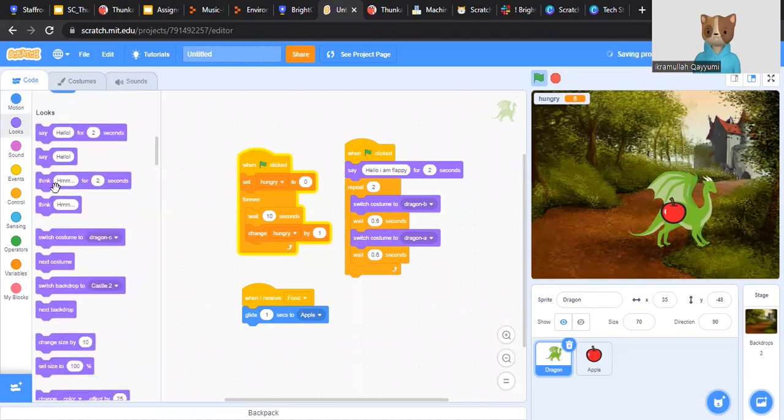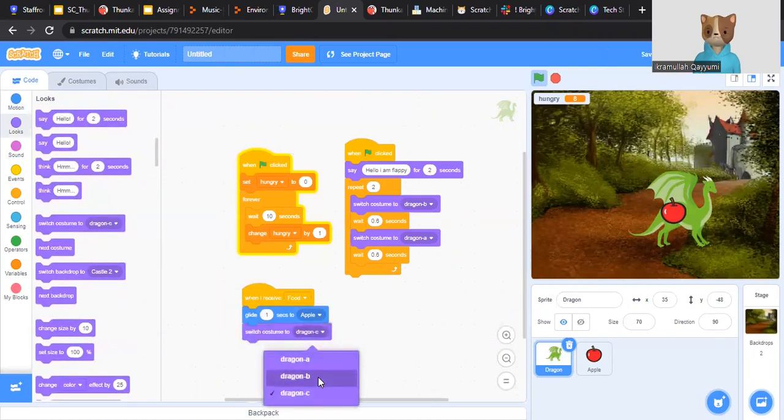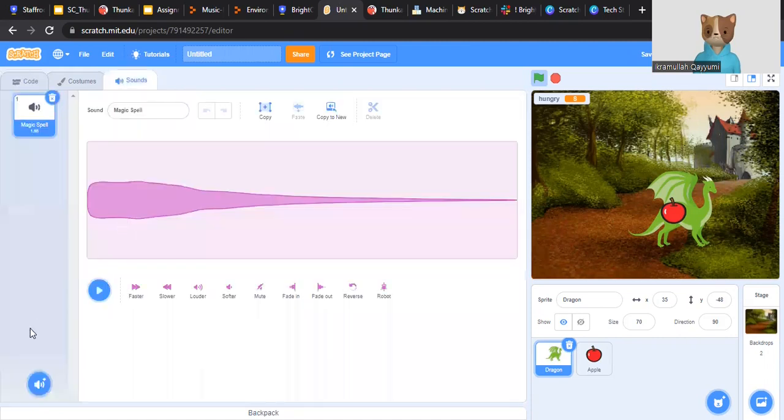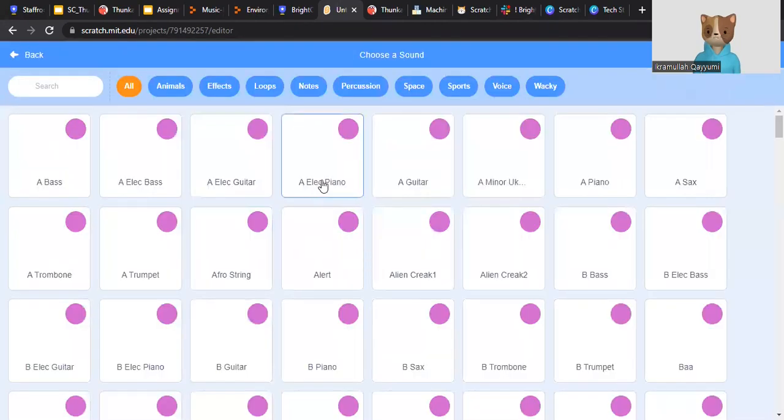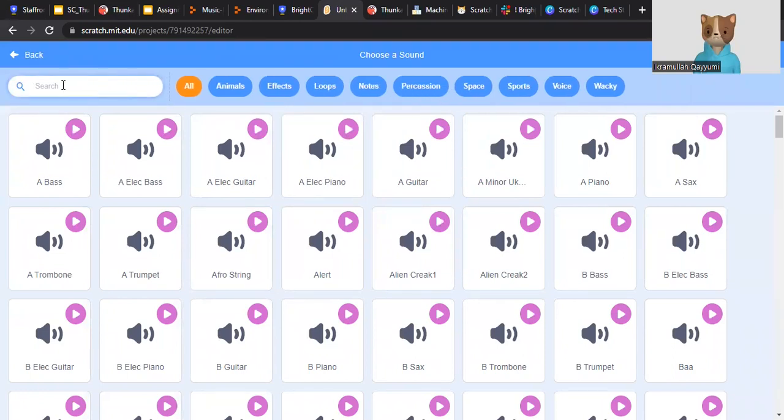How can we change it? We can change the costume from here. So the dragon will change the costume from dragon A to dragon B when he is near the apple. That will be the first option. After that, we need to give him a sound. We have different types of sound. We have eating sounds, for example, let's say crunch,